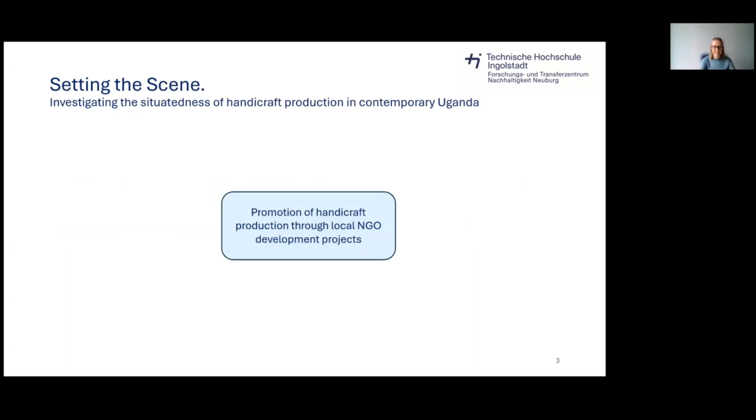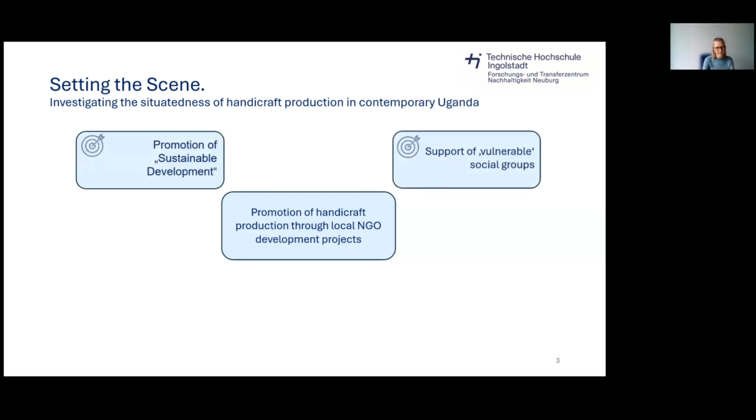Okay, why did I, as a white Western European researcher, do research in contemporary Uganda? The reason for that was because I worked in the international development industry, and as such for a small private international NGO. And I came to realize working for this NGO that the promotion of handicraft production was something that many local and international NGOs promoted in their so-called development projects. And they did that with 2 major goals, I'd say. One was the promotion of what they considered sustainable development, although it was hardly ever clarified what sustainable development actually meant. However, there was a particular focus on so-called vulnerable social groups,